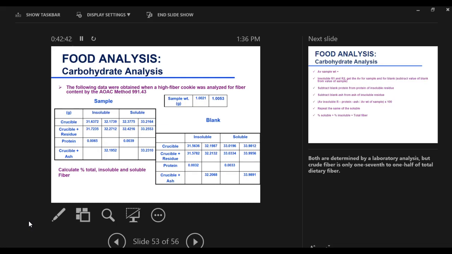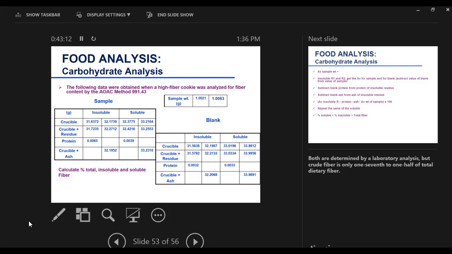Okay, so what we want you to do is a homework for +5. So it is not required, but if you do it, you get a bonus +5. It will help you understand how the method is done in terms of calculation, since we're not doing that in the lab. So what you have here